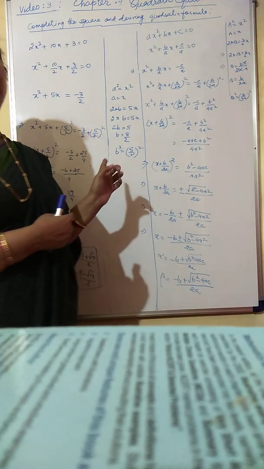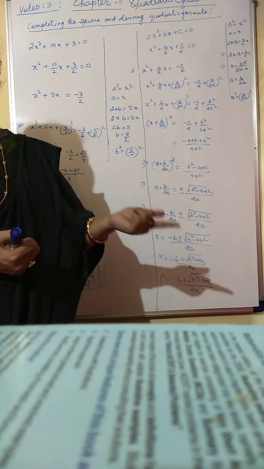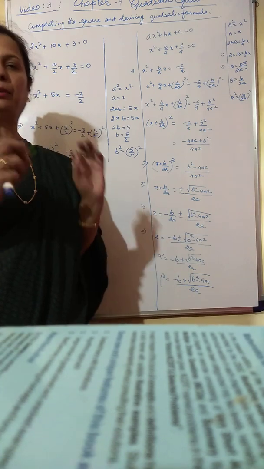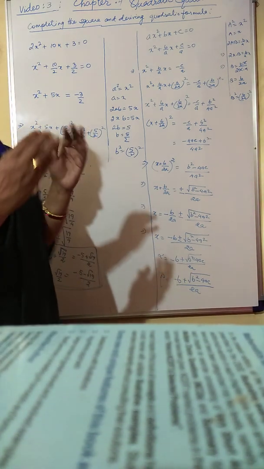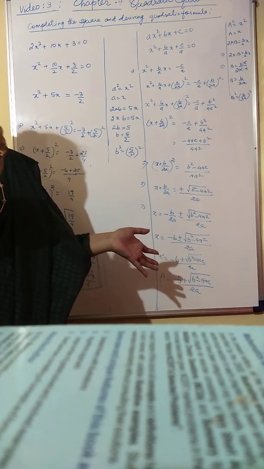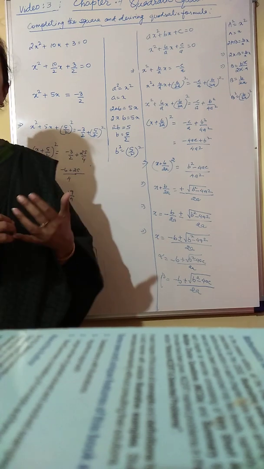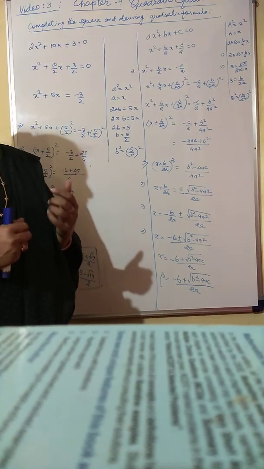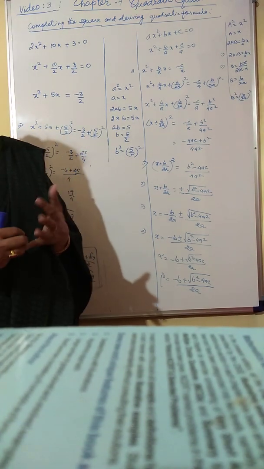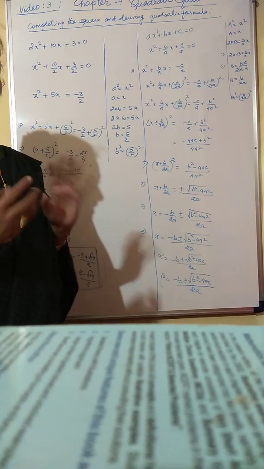Then why have I taken it up? The question is, why have I taken it up and am discussing it? Because this is a very important part of learning to understand the quadratic formula, which is the part that you are going to use for solving the questions. Once you understand the completing the square method, because this is something relatable, something which you have learned in your previous class, something which you can very quickly identify with.